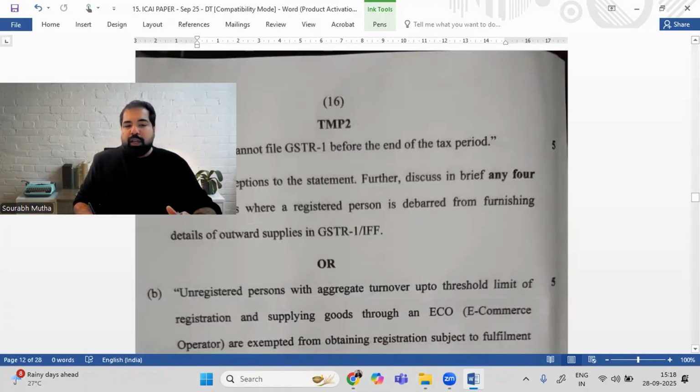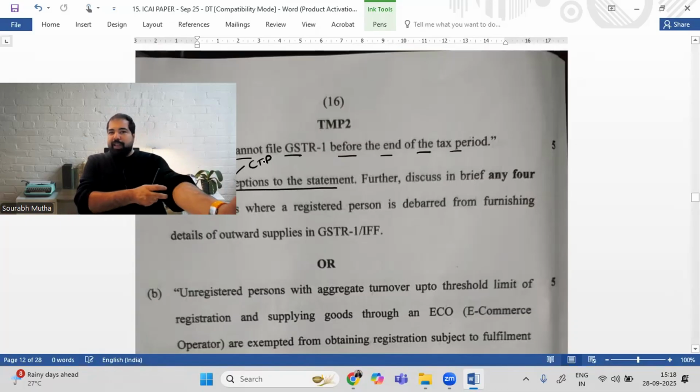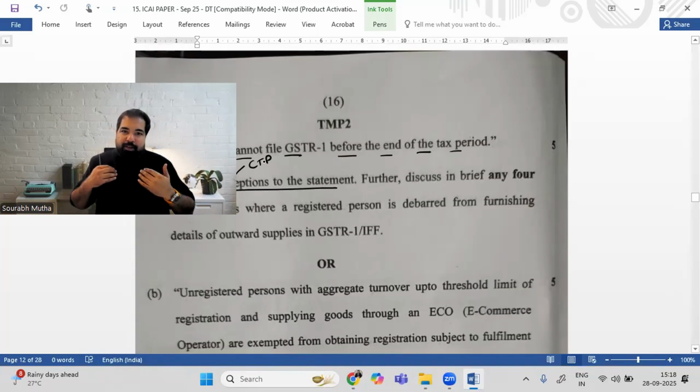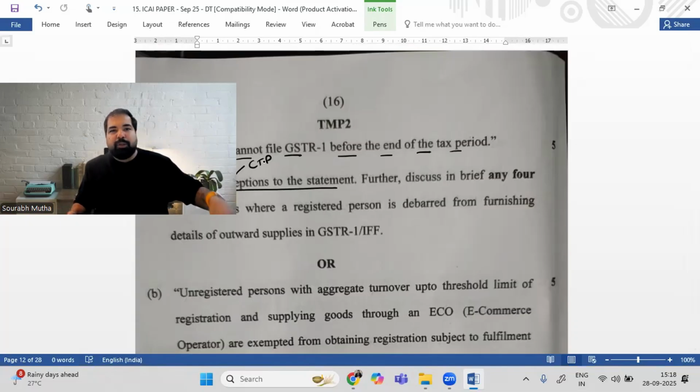Let's move ahead. A taxpayer cannot file GSTR1 before the end of the tax period. Yes, GSTR1 is a statement of outward supplies, and you will know your outward supply only after the month or quarter is over. State the exceptions to the above statement. There are mainly two exceptions. One is a casual taxable person. If I'm a casual taxable person, for example, I'm in Bangalore, Karnataka, but I'm temporarily making supplies from, let's say, Delhi, I'll be registered only for a few days there, up to 90 days. Whenever my GST registration comes to an end, I have to file my GSTR1, not necessarily at the end of the tax period. And second, if my GST registration is getting cancelled, then I need to file GSTR1 in that same month itself.